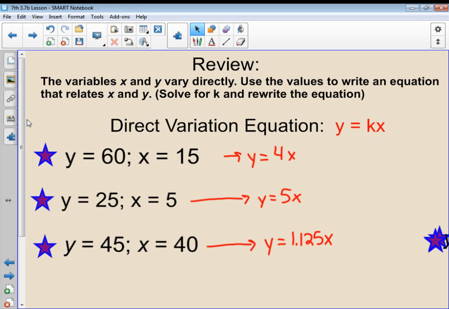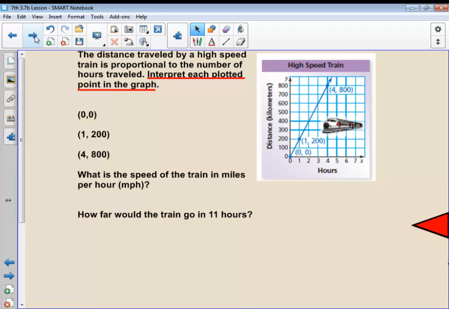Okay, so those are the answers that you should have gotten for each of those. If you didn't, check with me and I can help you identify where you made your mistake. Okay, so now we're going to go ahead and work out of our practice journal. So this actually starts on page 82A out of your practice journal. Some of these are going to match what you have in your practice journal and some of them are not. So for right now, these are not ones that are on there. These are actually in your hardcover book. If you want to look out of your hardcover book, it's page